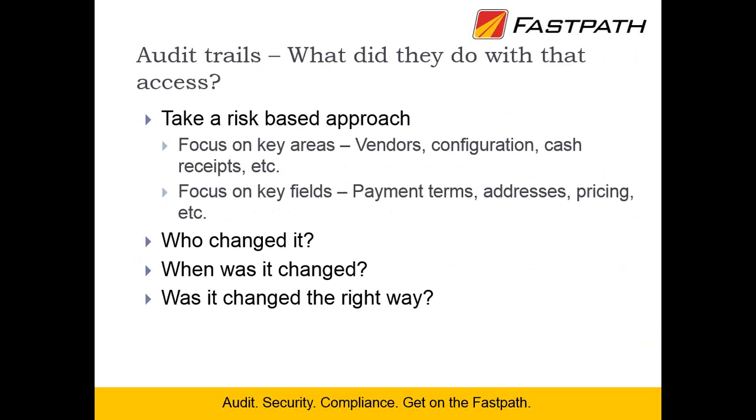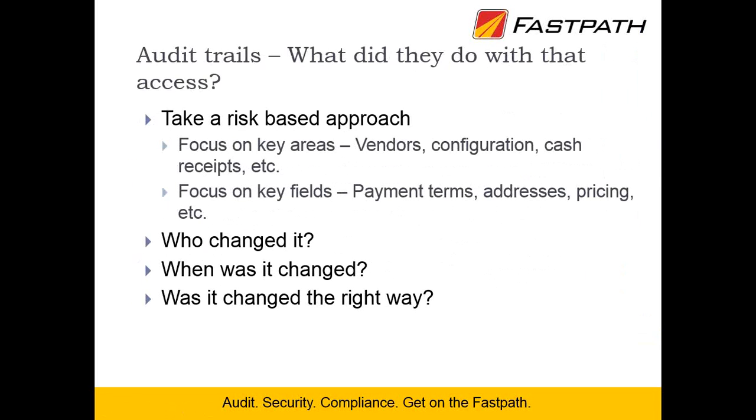And the key things that we're looking for is who changed the data, right? Was it an appropriate person? When was it changed? What time of day was it? The example I always use is, why was somebody in the system at 11:30 at night on St. Patrick's Day, and St. Patrick's Day was a Saturday? That seems like a very odd time and an odd day to be performing transactions, and the odds of high accuracy on St. Patrick's Day are very low, right? Those are the anomalies you're going to start looking for, and that's what the auditors were looking for. What are the things out of the norm?